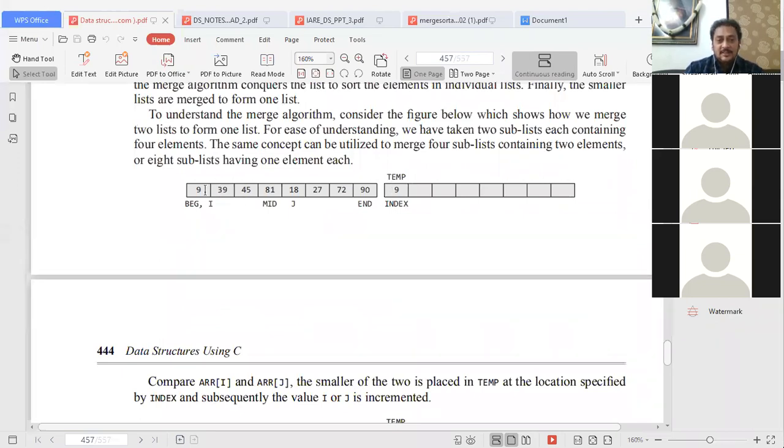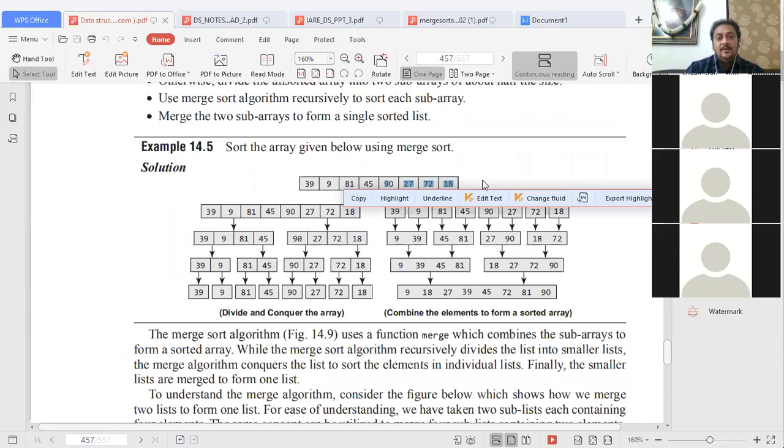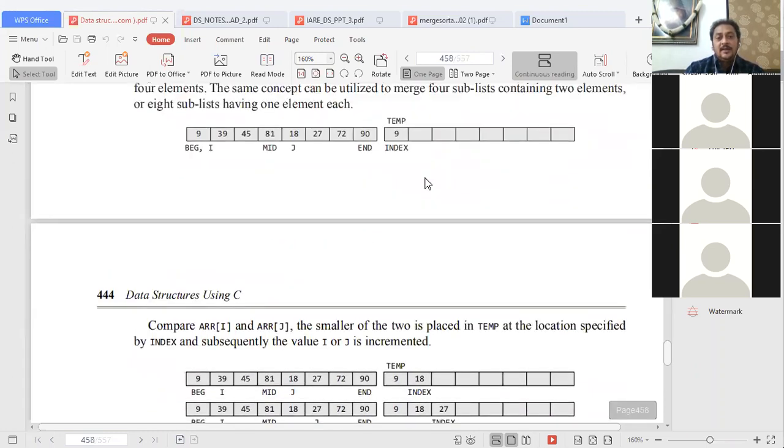Okay, then how to add the elements? This is in the form of an unsorted one. All the elements in beginning, mid and end are unsorted. Now we are supposed to sort these two subarrays as a single array, finding the complete sorted array. A1 and A2 together, we are finding the A array which contains all the elements of 8 numbers as a single sorted array.